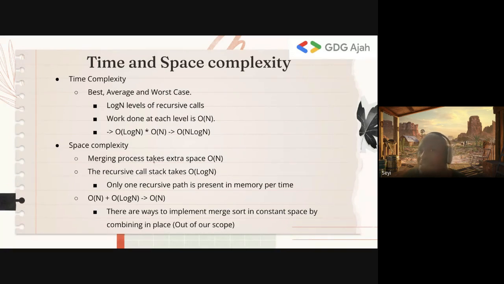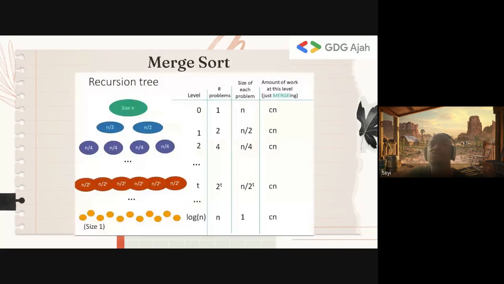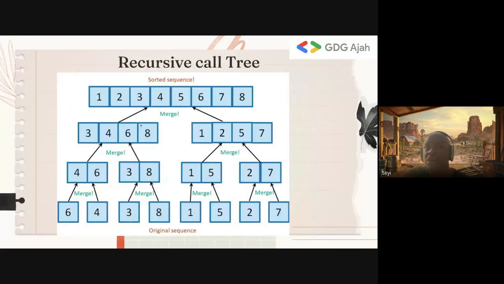For the space complexity, merging takes extra space, which is O of n. And then the recursive call stack takes log of n. Because the recursive call stack grows on a particular path each time. So it's going to go like this, if you can see my mouse. And this is the maximum it will go. Then I'm back here, like this, back up. But the maximum it goes is the height, which is equivalent to the log of the number of items because we are dividing each item by 2 successively. We are dividing the problem into 2 sub-problems, evenly.